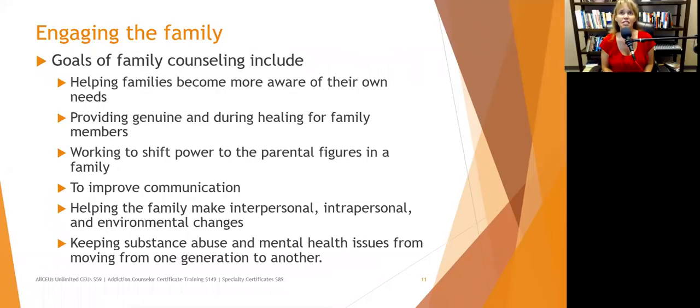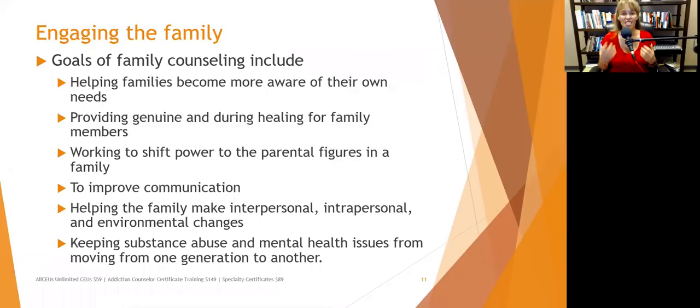Goals of family counseling include helping families become more aware of their own needs. What do you need in order to be happy and healthy and functional? What are your stressors? What is triggering substance use behavior? What is triggering difficulties in this family system? It can be things like